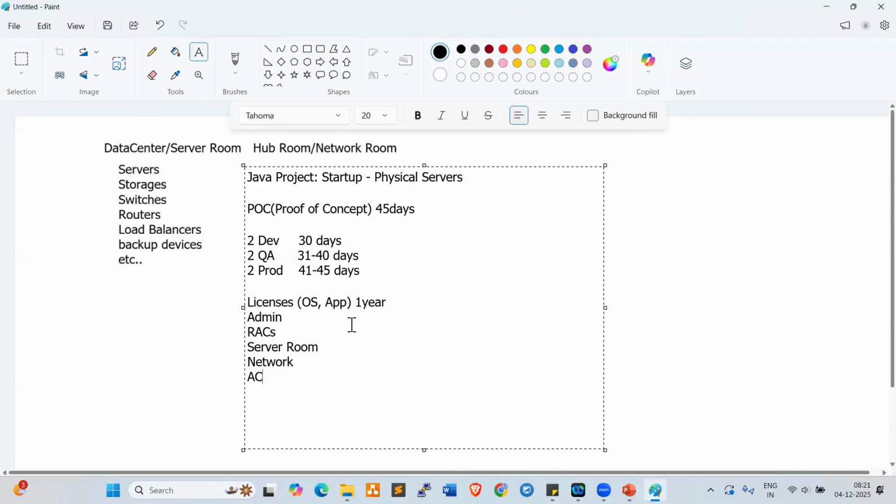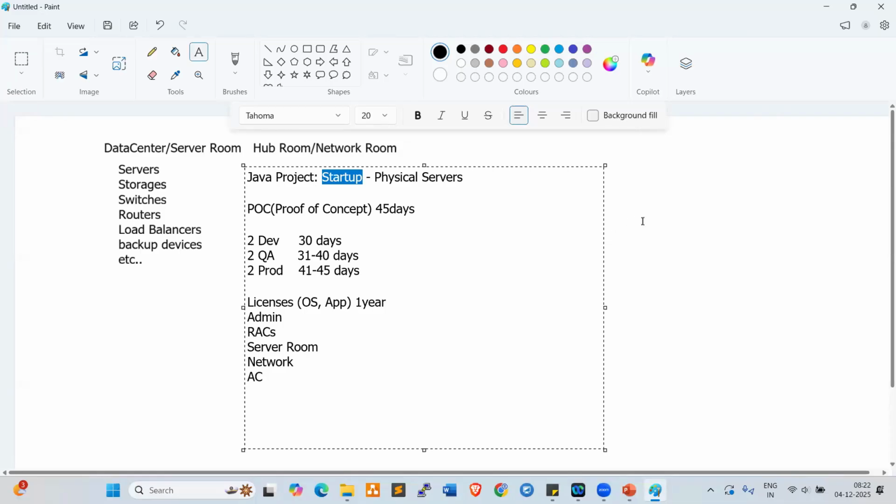Once you prepare all these things, if the POC is a success and the client approves this POC, we'll get the real project. If the POC is not approved, if the client rejects that POC, what will happen? This is a waste of money, because this is a startup company, not an MNC company. In an MNC, if the POC is rejected, we can move to other projects. But this is a startup company, the first project we are getting, and the client rejected it. So this is a waste of money, right?